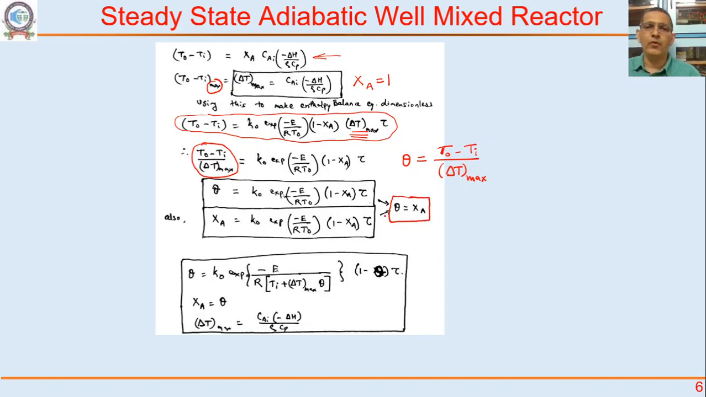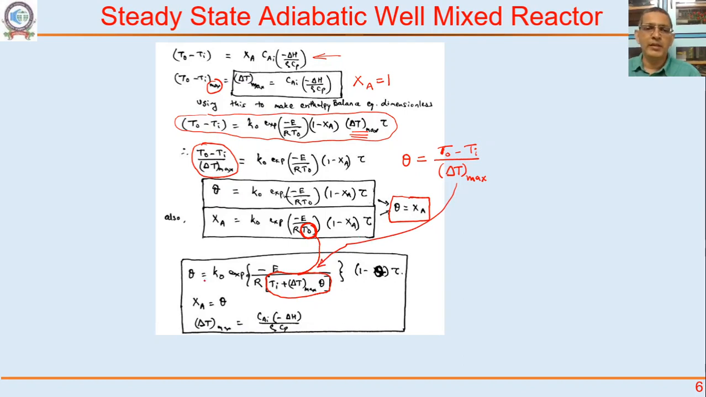Okay. So now we can solve any one of this equation and theta equal to XA equation and get an expression for how theta or XA change with respect to tau. Okay. Remember, this T naught, that is actually we don't know that value, right? So this T naught we can also write in terms of theta as Ti plus delta T max into theta. This T naught we are writing from here,